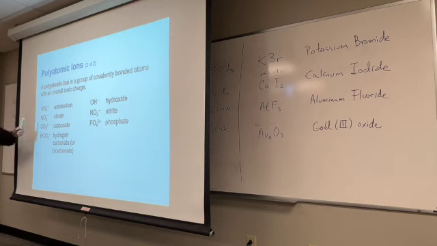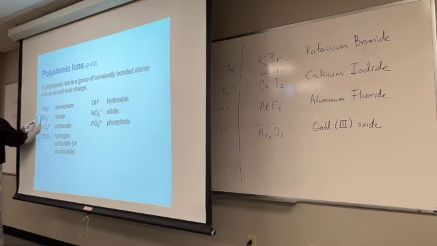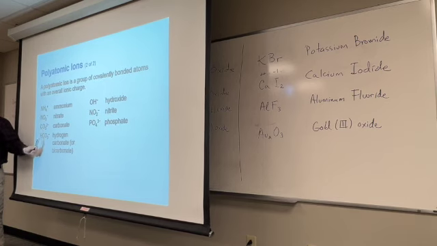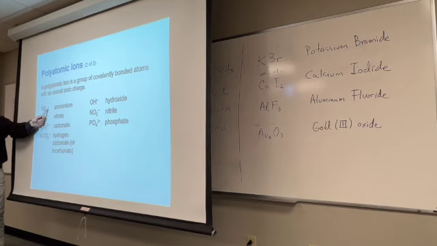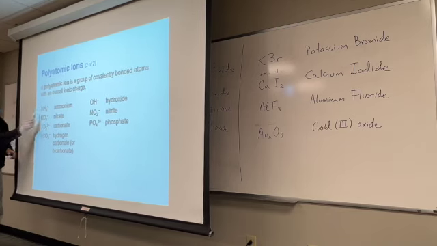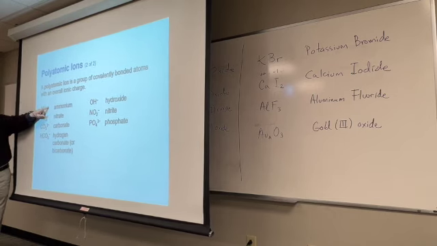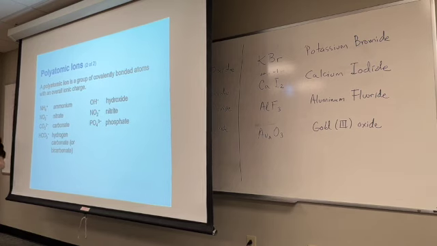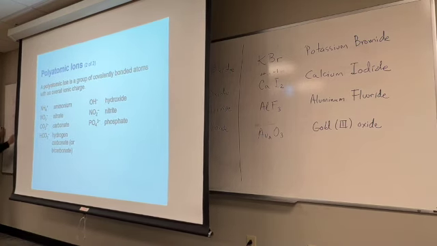These guys are all negative except for one, which is positive. So in other words, all of them are anions, with the exception of this one, which is called a cation. The charge is +1 on the whole thing. I'm not sure that I like the way it's written here, because it almost looks like it's on top of the 4. So what I would suggest is that when you look at the charge of a polyatomic ion,